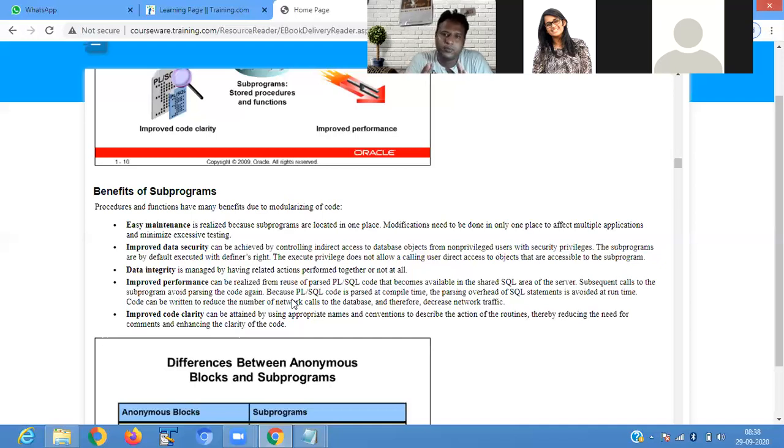So people will understand that this function or procedure is used to retrieve information about the employee. So in that case, there is no need to define any kind of comment line here. So comment lines are reduced when you are using subprograms and functions.